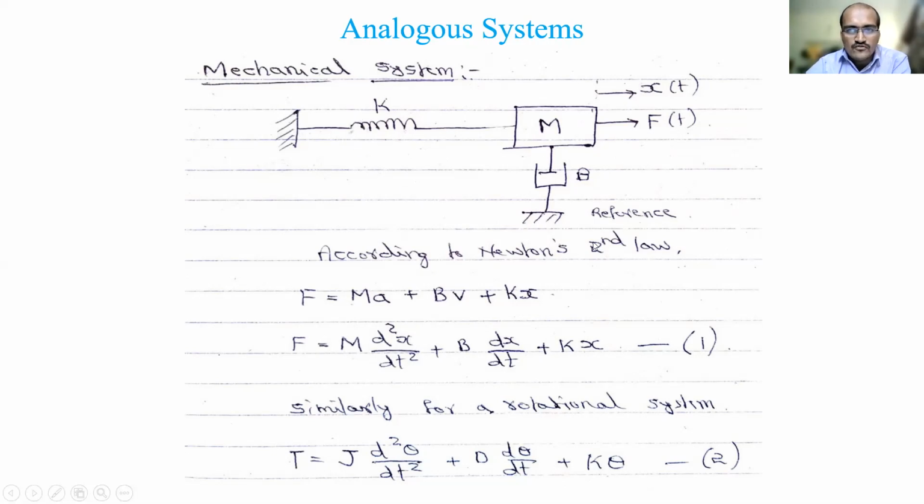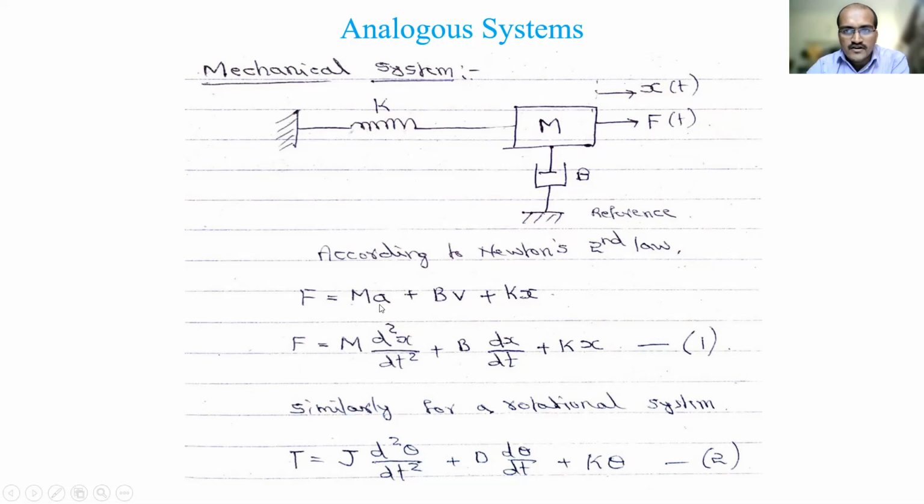But just to show you now a basic equation, I have taken a single translational system, which we call the MKB system. If you apply a force to this mass, a corresponding displacement x will happen. So that is the idea of this figure. Now, using Newton's law, we'll write the equation for this. So force is equal to